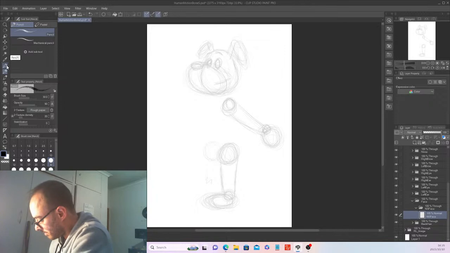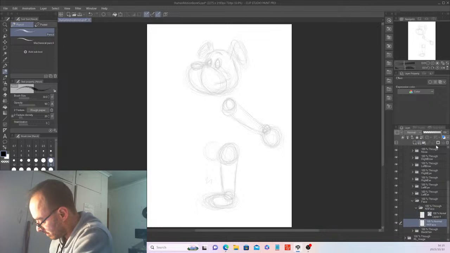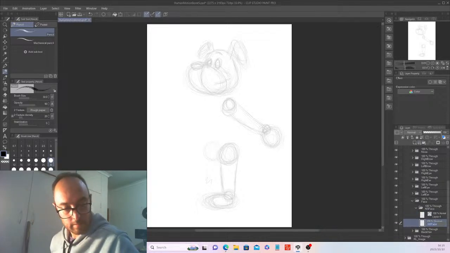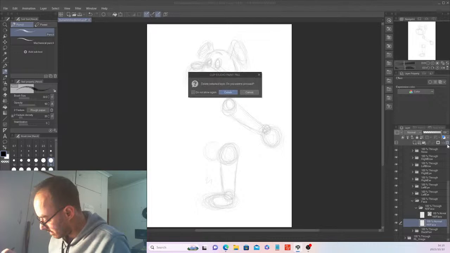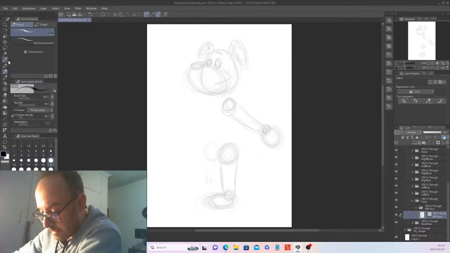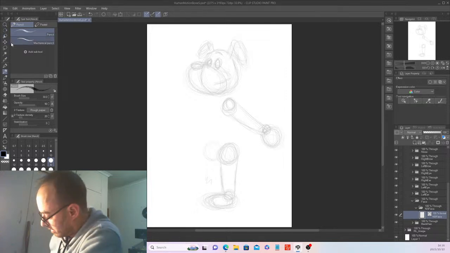I think what I am going to do is create a vector layer and then copy and delete that. Now you know what, I'm gonna stick with